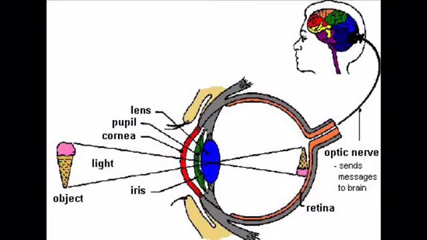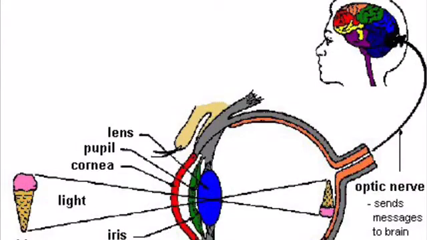The rods and cones of the retina are activated and convert the image into electrical impulses or signals. These signals are taken by the optic nerve to the brain. While the signals are transmitted, the inverted image is re-inverted and the brain sees it as an erect image and helps us to sense the actual object.